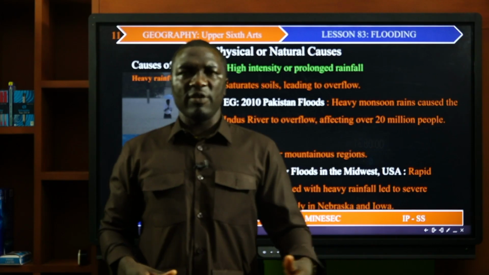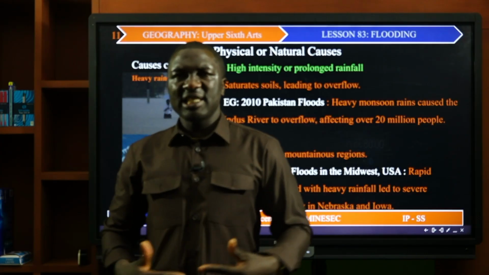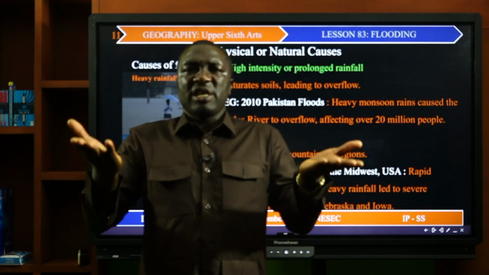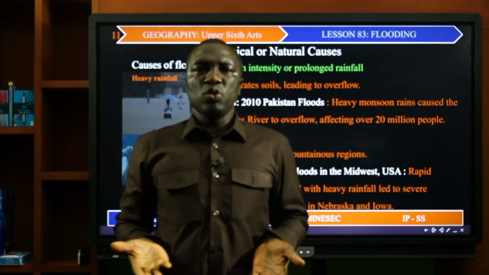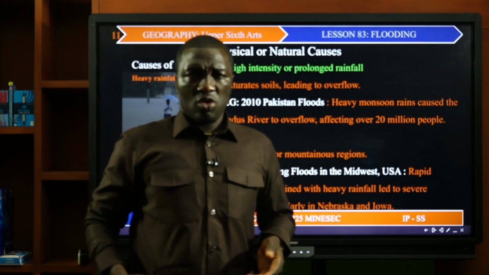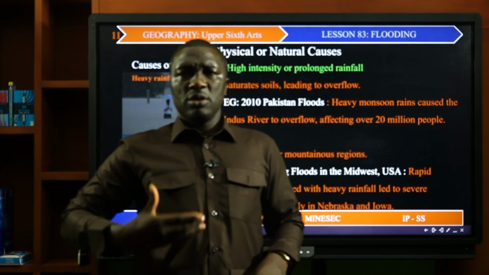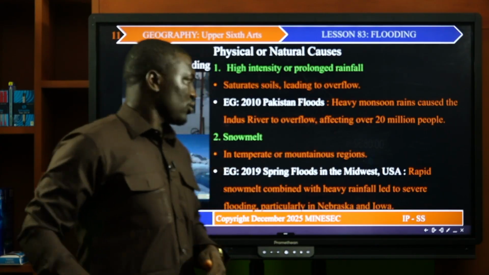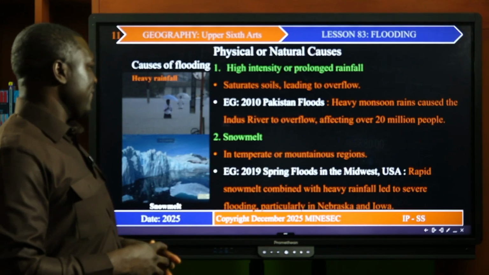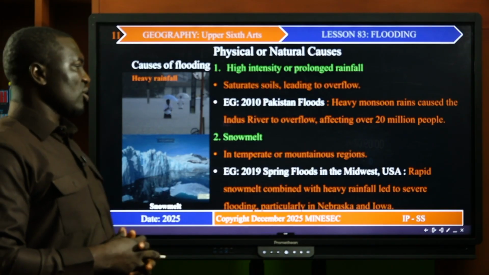In the course of that, this water gets into the sea, the rivers, the ocean, which increases the water table and the sea level, leads to high tide, causing water to overspill the sea walls and river banks and rush to the land. Like what you have here, spring floods in the Midwest of USA in